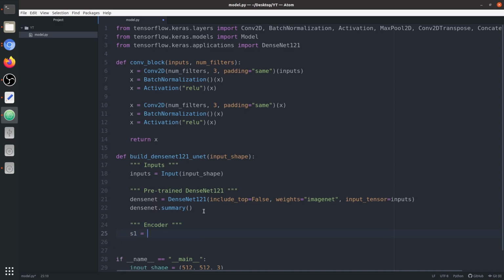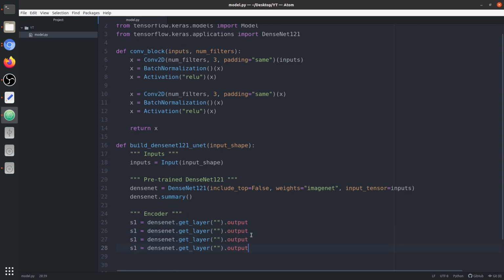So we're gonna say S1 as the first skip connection, name of the architecture, then get underscore layer, name of the layer we need to specify, and say output. I'm going to copy this 3 more times and rename them to S2, S3 and S4. We just need to find the names, and you should also know what shape each skip connection needs to have.